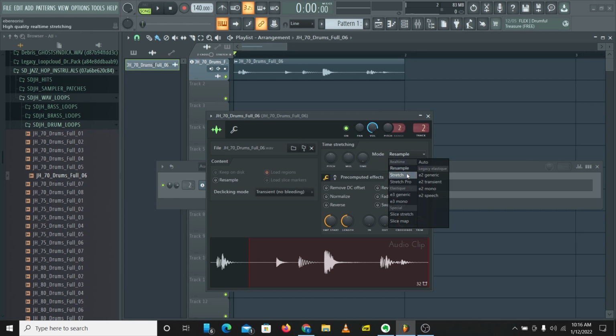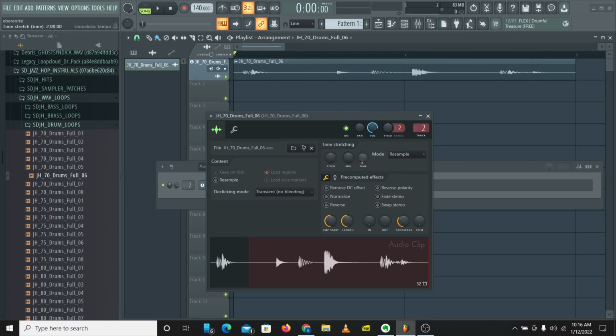So the default mode is resample, and let's check this out. So we can change the time of the sample.